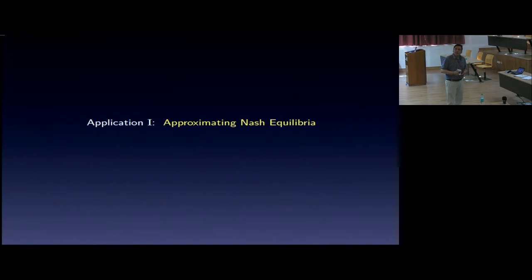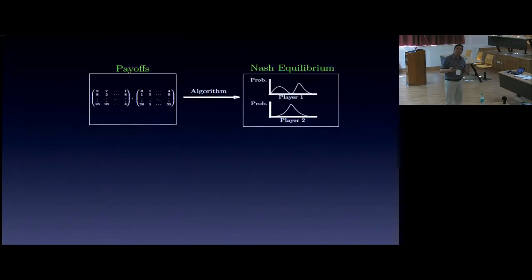The algorithmic question is as follows. I'm given payoffs of players. I'll formally define what I mean by equilibria and what this computational problem is, but let me just give a high-level description first. The problem is that I'm given the payoffs of the players. So I have a game, I'm given these payoffs, say I have 2 players, so I'm given these 2 payoff matrices, and the goal is to design algorithms, hopefully efficient algorithms, that find underlying Nash equilibria